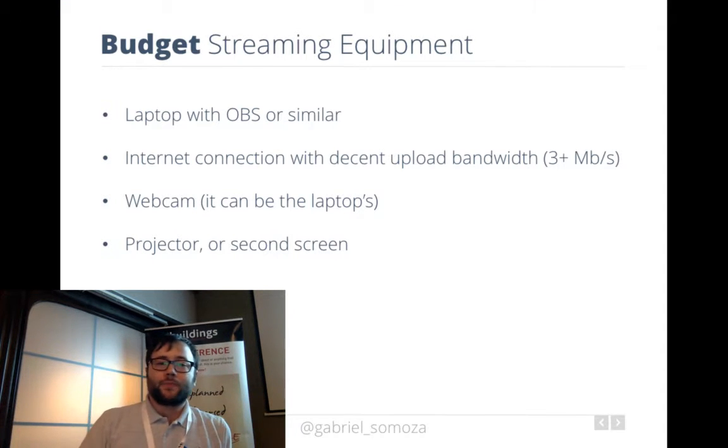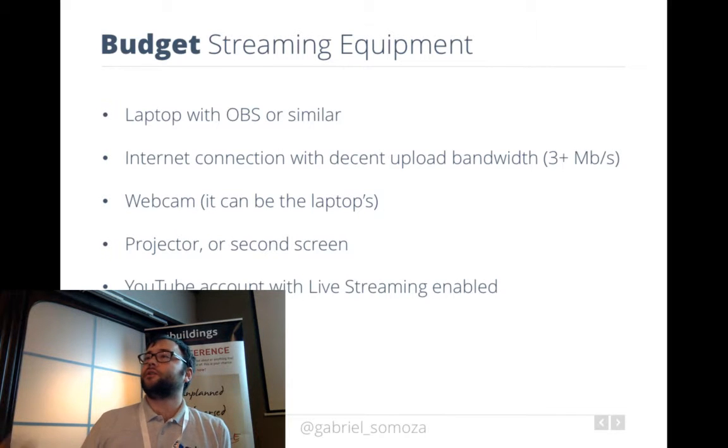So, one last thing. Where are you going to stream it to? YouTube has, as of not long ago, a YouTube Live service that you can use to stream for free, absolutely free. As you stream, they record, and there are also a couple of other features they added on top. It's really cool.